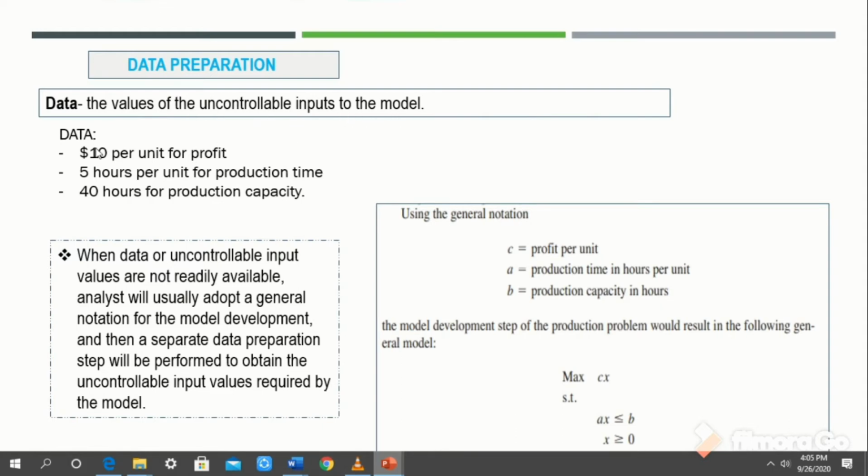So, for example, ang data na ta diri kay 10 per unit for profit, and then 5 hours per unit for production time, 40 hours for production capacity. Mao na siya ang mga data. And then,